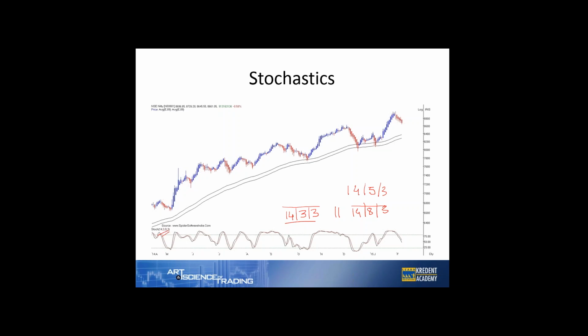What we are looking at in stochastics is, as we all know, or if you're not too much aware of it, a momentum indicator which takes a certain period's highs and lows range and finds out. So when prices fall, stochastics generally fall to the oversold range, and when prices go up, stochastics itself also goes up into the overbought range.